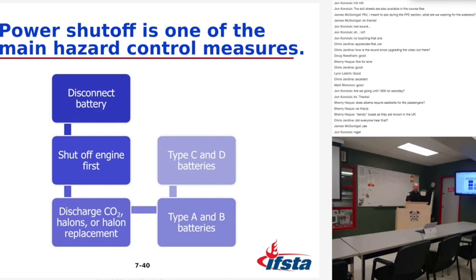Discharge CO2, halons, or halon replacement agents into the air intake, located at the rear corner, only as a last resort. Everybody know what that is? That's using inert gases to remove the danger of sparks and stop flame. I think argon works too. Nitrogen works. You put this gas into an environment and you can't have a fire because there's no oxygen. Does that make sense? I know we're not prepared to do that, but